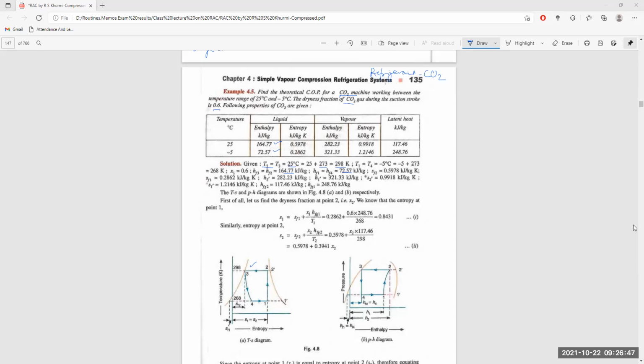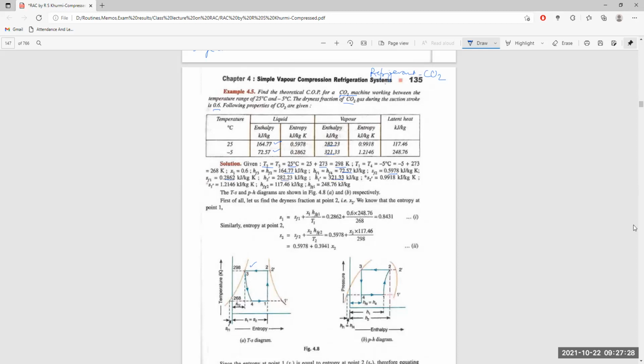This is on 5978 kilocalorie. SF1, which is the entropy at the lowest temperature, is given as 0.28 at 268 degrees Kelvin. H2 dash, which is the enthalpy at point 2, and H1 dash, which is the enthalpy at point 1, are given by the enthalpy of the total vapor converted at point 2 and at point 1. This is 282 and 231 at 331 degrees Kelvin. It is given like this.